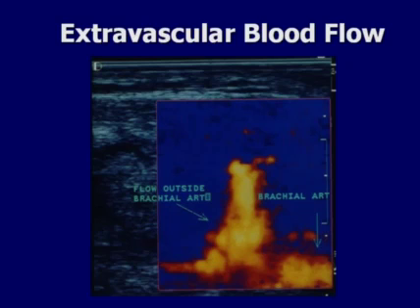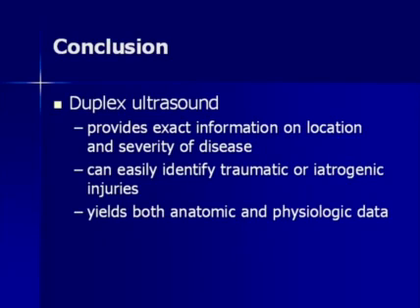And then sometimes we get arterial problems that really have no name. This was a patient who just had this slow, oozy kind of bleed out of the brachial artery. It wasn't a pseudoaneurysm. It wasn't encompassed anyway. It was just extravascular blood flow that we knew shouldn't be there, but it really wasn't a named pathology, such as a pseudoaneurysm. So to conclude, duplex ultrasound can provide the exact information we need on the location and severity